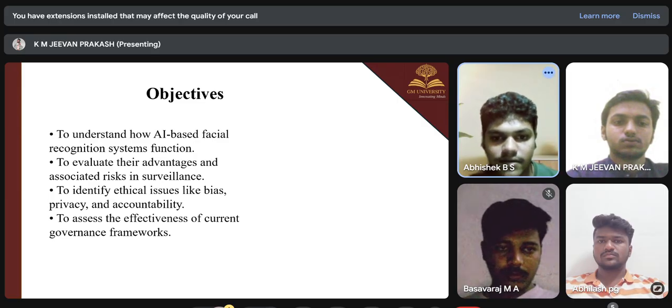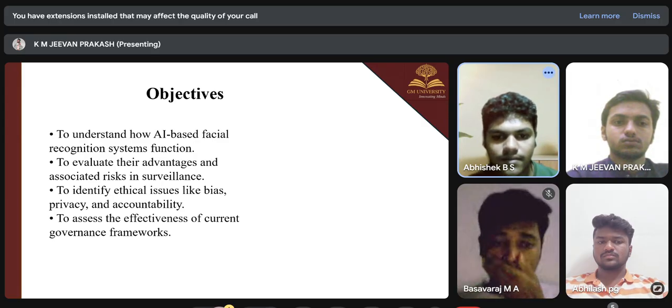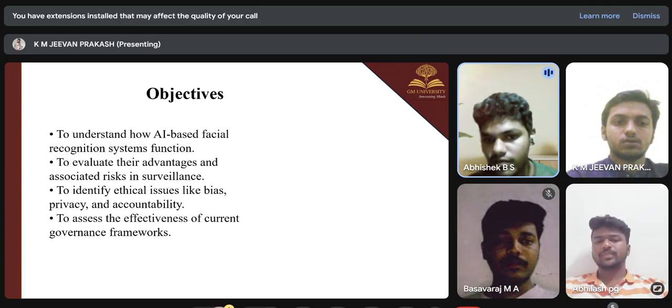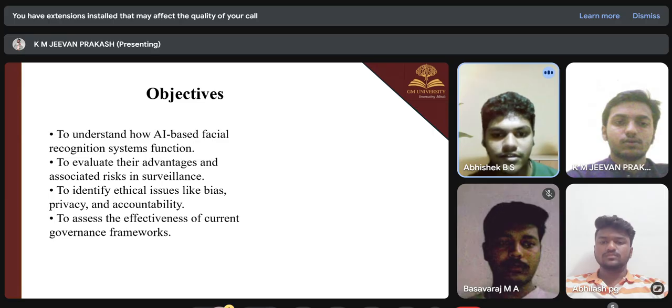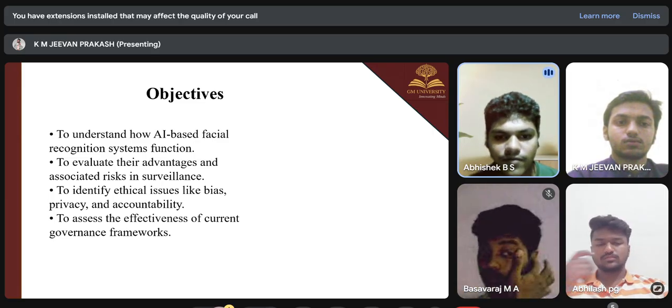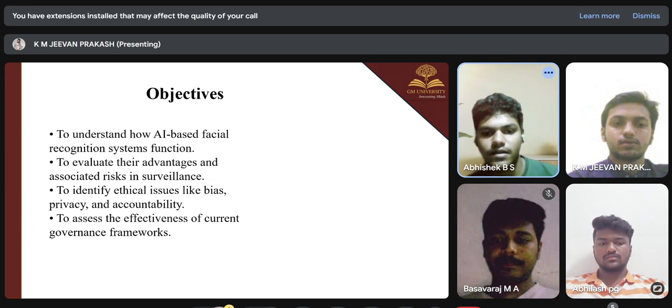To analyze ethical concerns such as bias, privacy invasion, and accountability. Here we identify the ethical concerns based on bias, privacy, and accountability. Next, to assess the effectiveness of existing governance frameworks and policies related to AI surveillance.